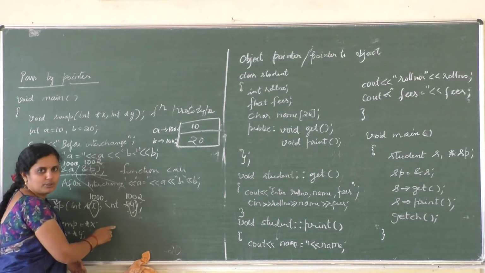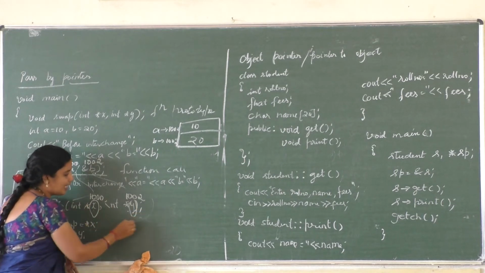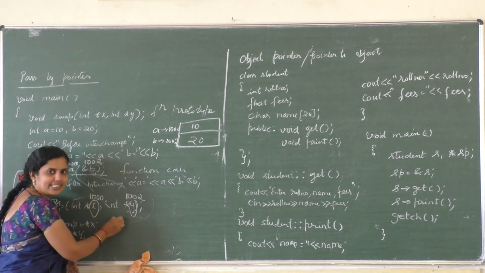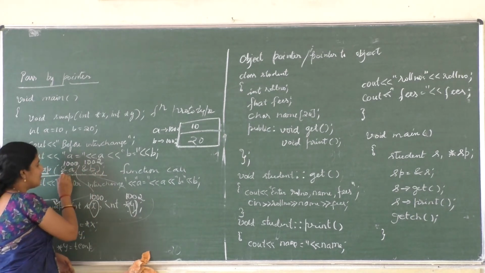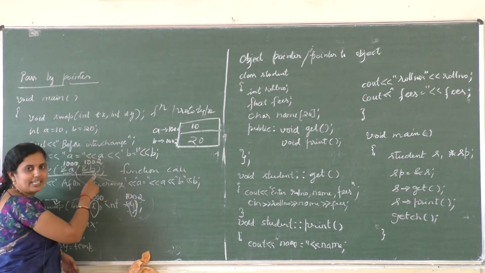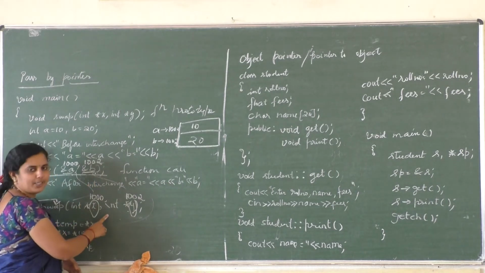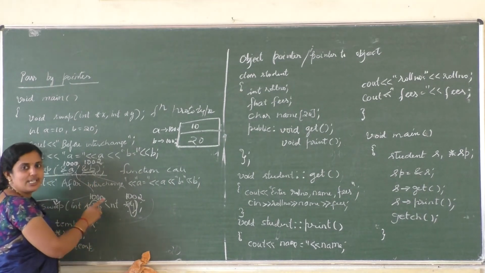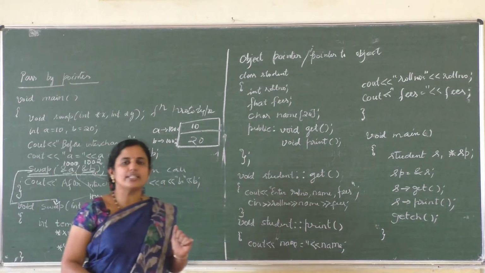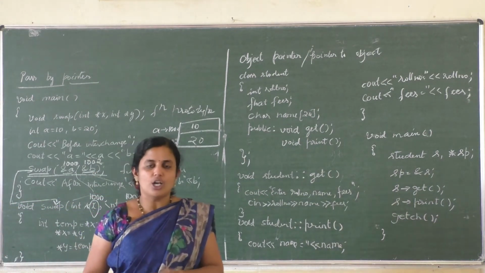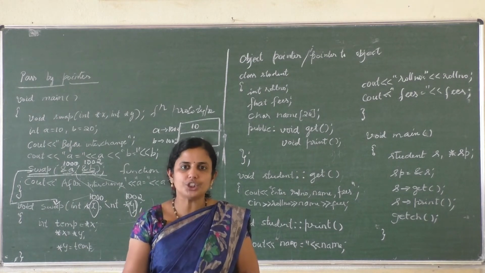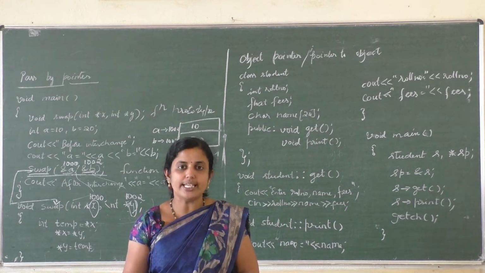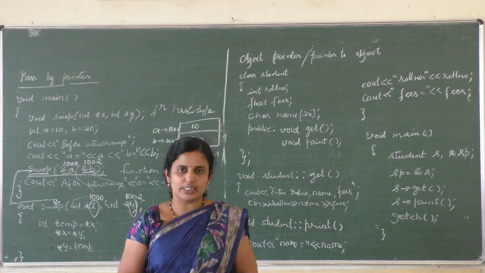This is known as x and y being formal arguments. It gets the value of a and b. Is it clear? Whatever values we have stored in &a and &b, that is copied to x and y. That is, the formal argument copies the value of the actual argument, or even I can say the formal argument uses the original values. Original values, that is, the value stored in the actual argument.